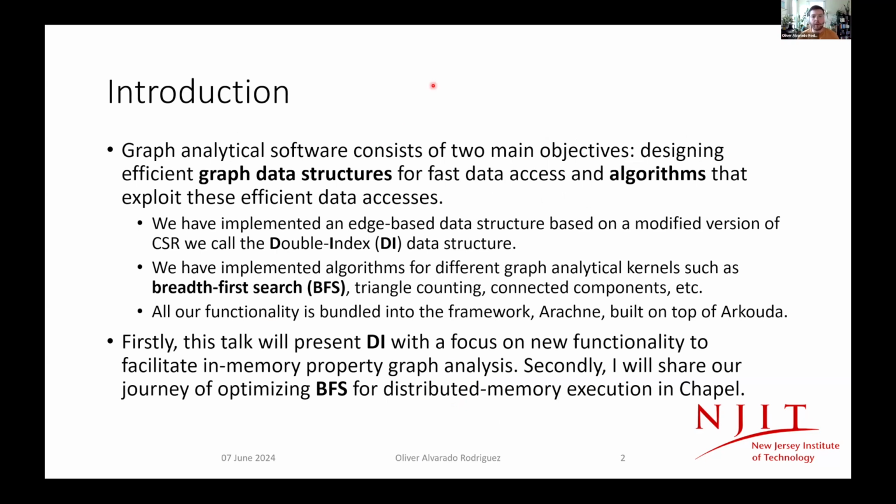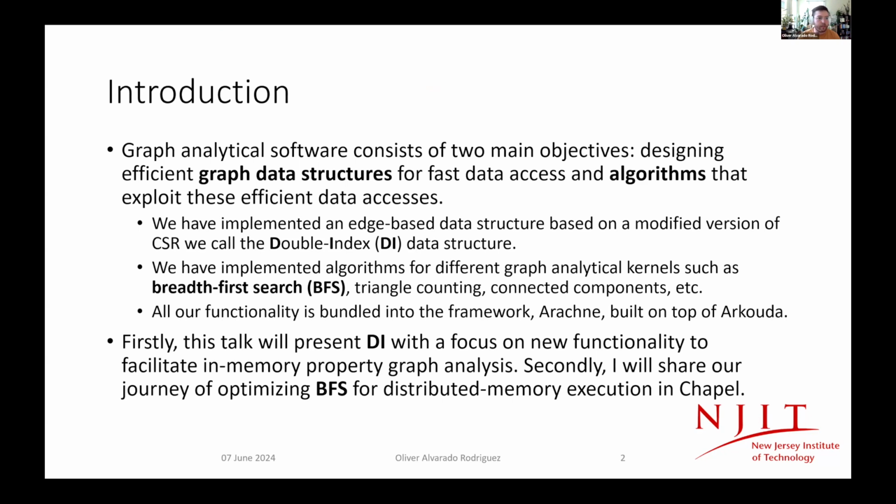So to start off, when we talk about developing graph analytical software, we often look at two main problems, which include the design of efficient graph data structures that can handle fast data accesses and algorithms that can exploit these fast data accesses. To these ends, we have implemented variations of highly parallel and distributable edge-based graph data structures based on a modified version of CSR that we have come to name the double index structure, or DI for short, due to its ability to quickly query the graph on vertex and edge